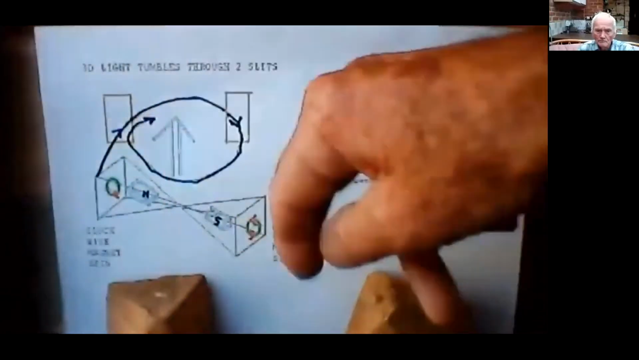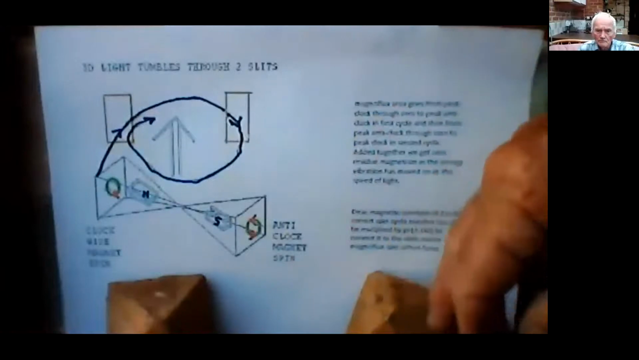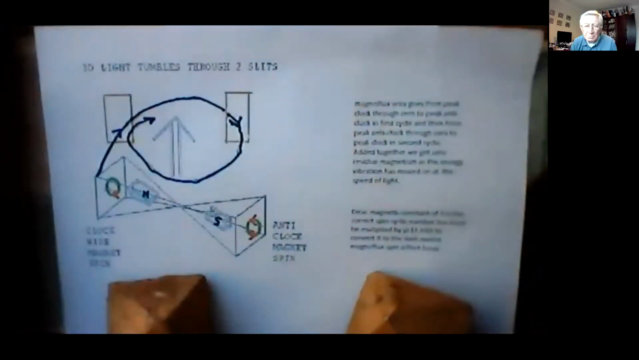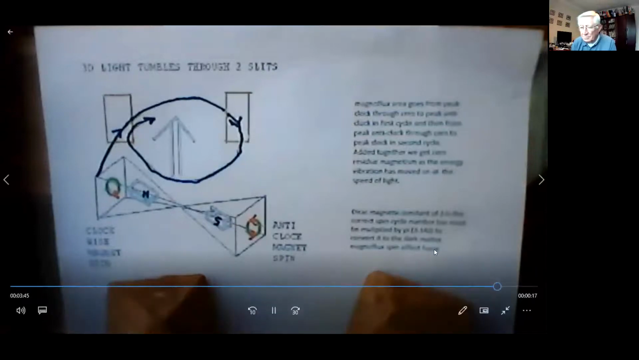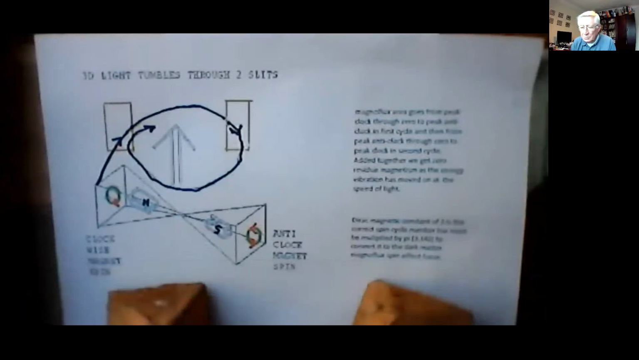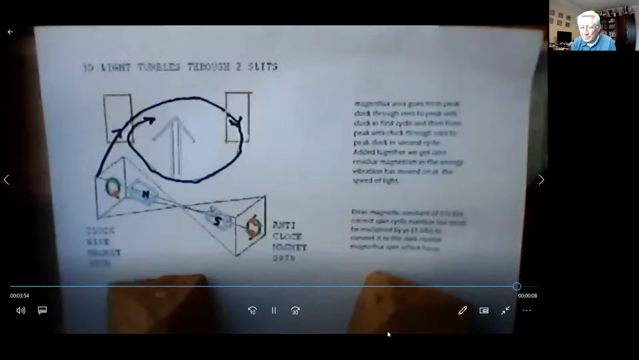So it has two cycles to get back to the beginning, but it's cancelled out all the magnetic side of it. And that is where you see Magnoflux coming in. So at the heart of every photon is a magnon, and the heart of every magnon is an area of Magnoflux spinning